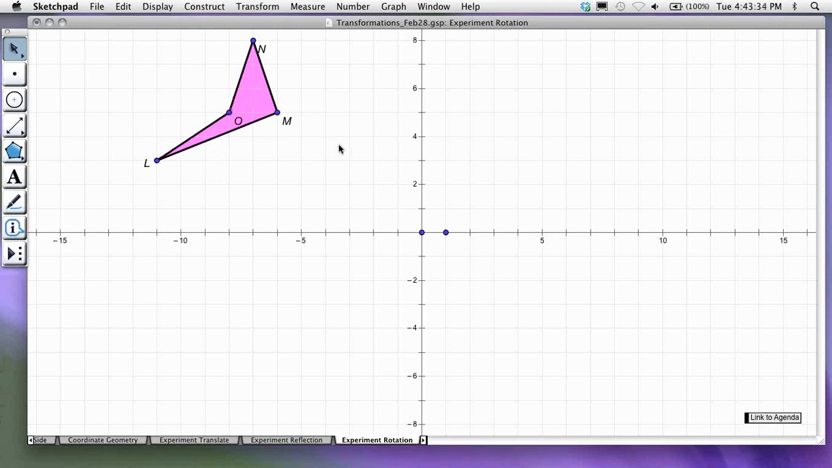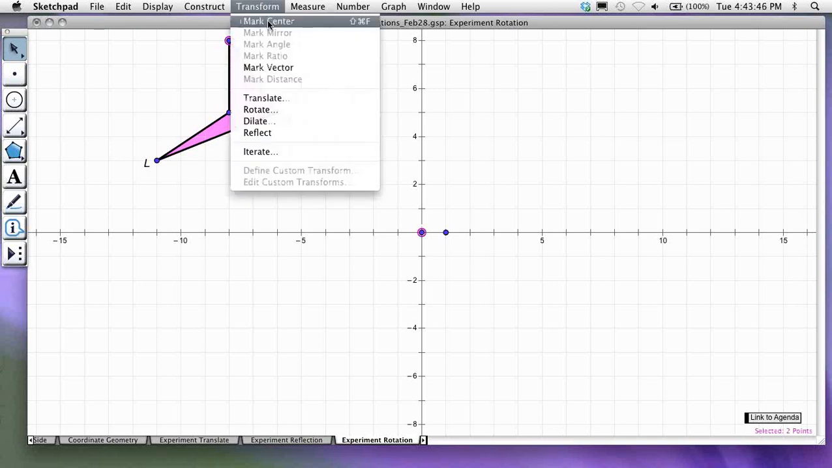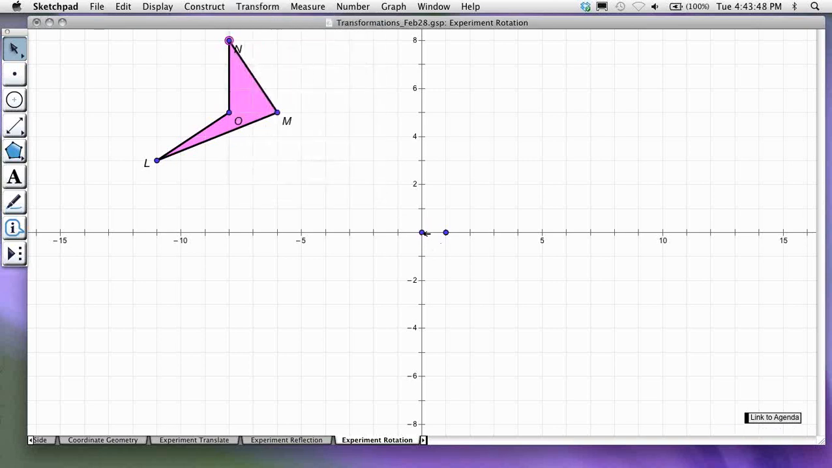Okay, so in order to rotate a figure, I need to choose a center of rotation, and since we're working in the coordinate plane here, the origin is kind of a natural choice. So I can either select that point and say mark center, and it will look like a bullseye, or I can double click and get that same bullseye effect. That tells me that that is the chosen center. And then I can select my figure